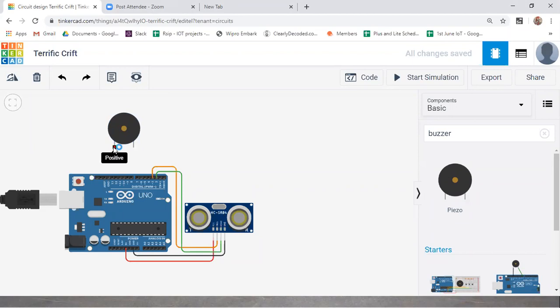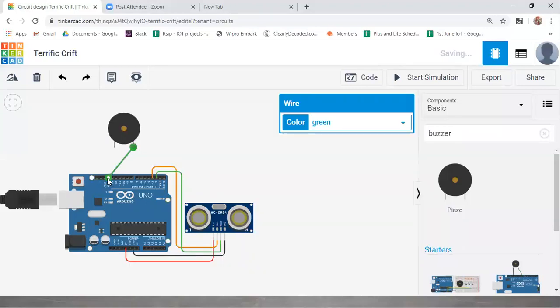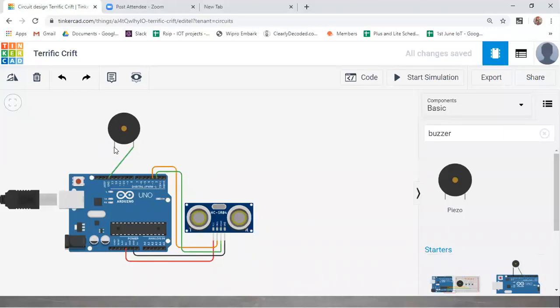Then what are the connections of this piezo buzzer? Similar to before, guys, you have two terminals for it. One is positive and one is negative. Negative you need to connect to ground, and positive you can connect to some PWM pin, and based on that you can operate it. Okay. So I'll try to.